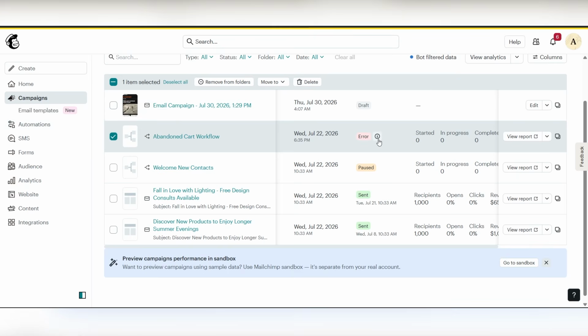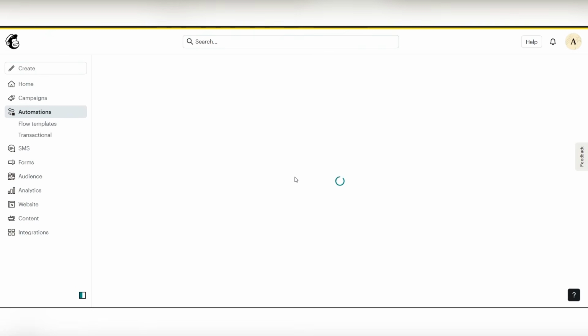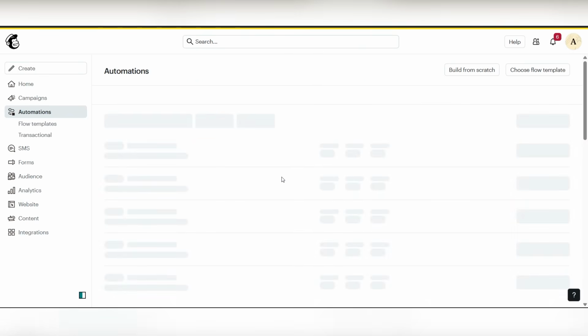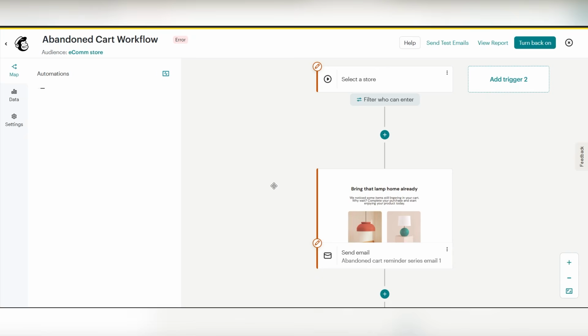Mailchimp will usually highlight the exact issue that needs to be fixed. Next, review your campaign settings. Make sure you've selected a recipient audience, added a valid sender name and email address, entered a subject line, and completed any required fields. If you're still seeing the error, check your audience for invalid contacts,